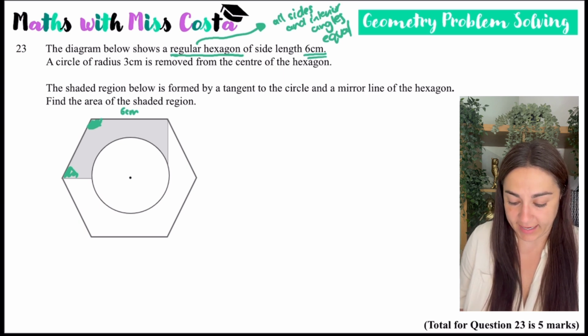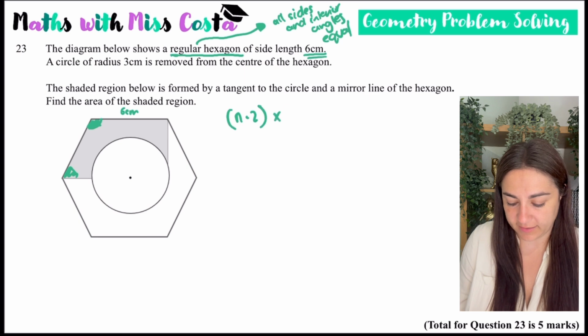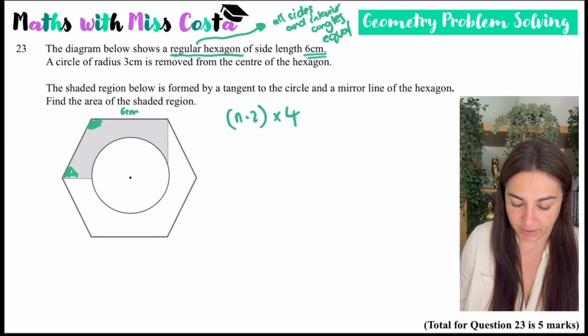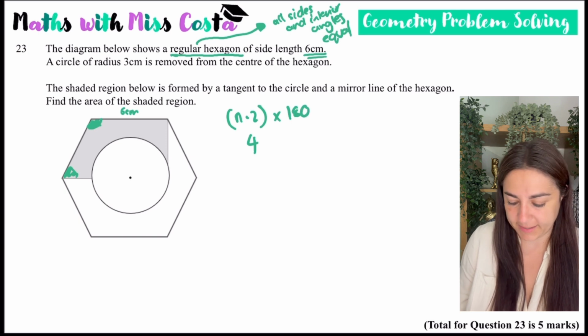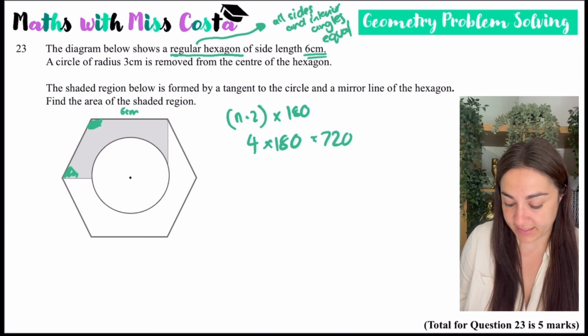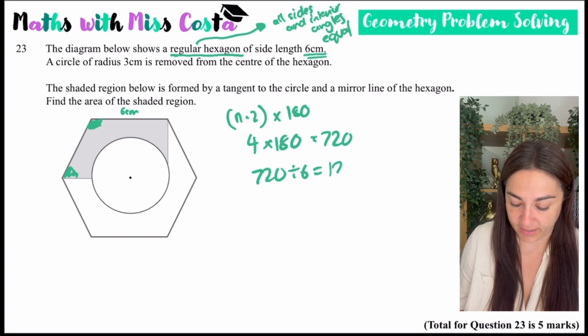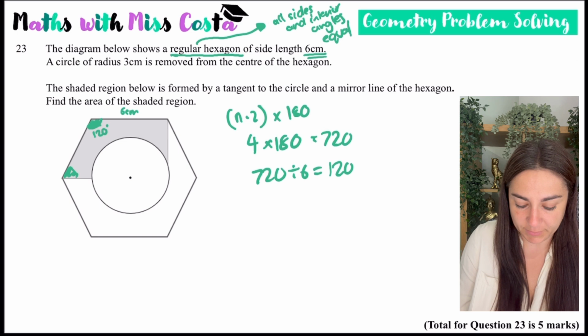And for a regular hexagon, what would I do? I do n minus 2 times by 180. So it's 6 sides, so I do 4 times by 180, which is 720, and 720 divided by 6 is 120. So I know that this is 120 degrees, and I know that this is going to be 60 degrees because